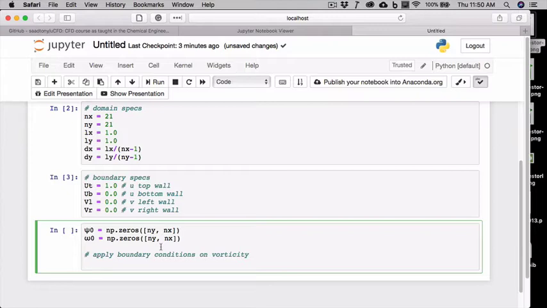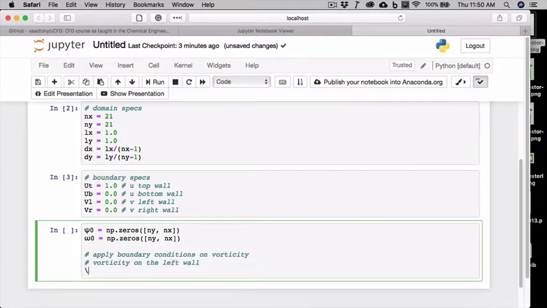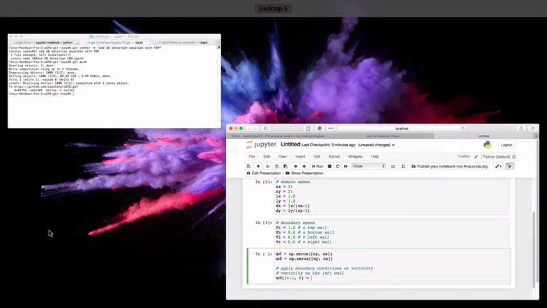Okay? So we'll start with vorticity on the left wall. So what is vorticity on the left wall? That's omega[0]. So on the left wall, i is fixed, correct? i is 0, and j goes from 1 to -1. We can try to do it for the entire wall, but I guess we missed the corner points. So i is 0 and j from 1 to -1. Okay? And that's equal to, if we go back to our slides,